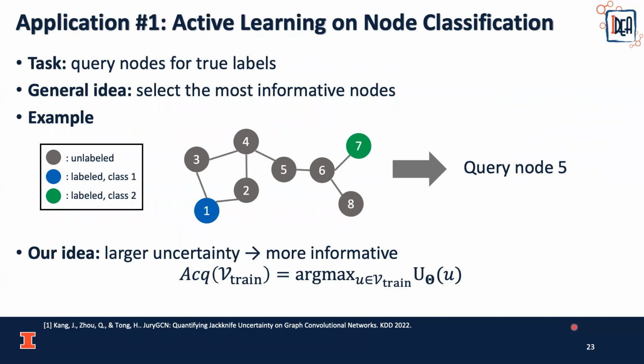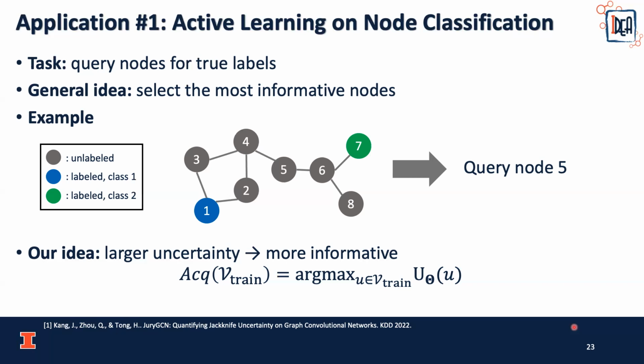And in the next few slides, I will show how we can utilize the quantified uncertainty to further improve the GCN performance. Basically, we will show two key applications. The first application is active learning on node classification, in which our goal is to select the most informative nodes to query. With these selected informative nodes, we aim to achieve a good classification accuracy on the remaining nodes,